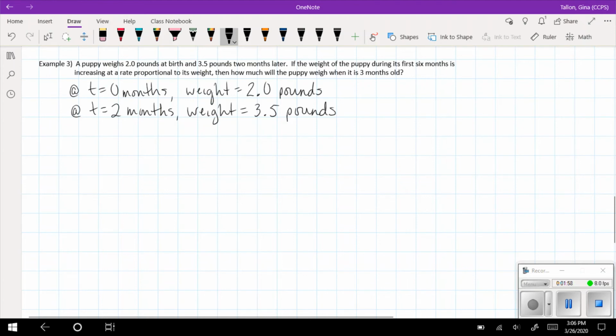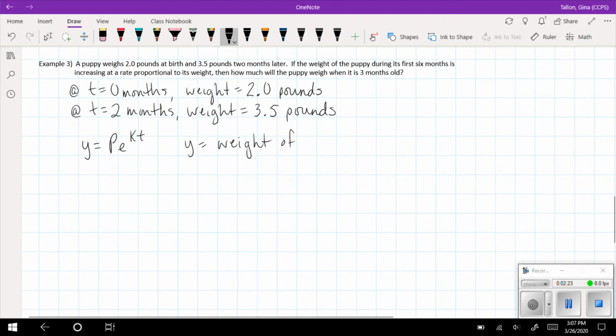This is one of those things we just got done talking about, and now we can turn around and refer to this as our law of exponential change. So we're going to write here that law of exponential change. We're going to write y equals p e to the kt, where y is the weight